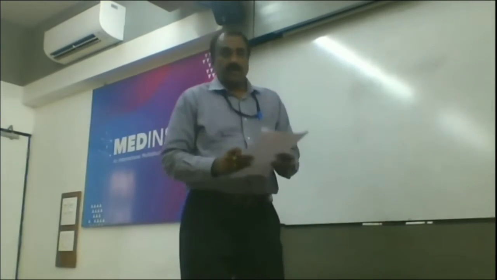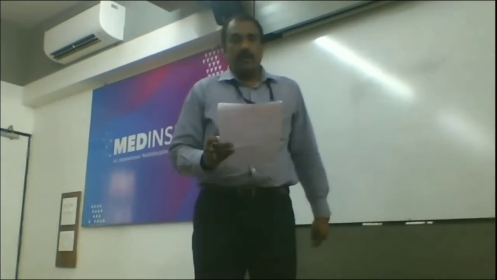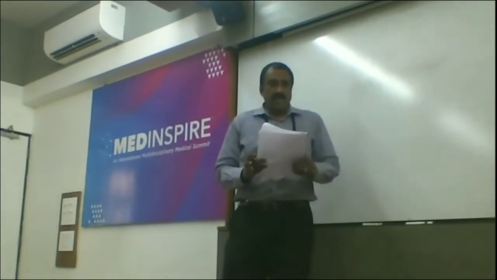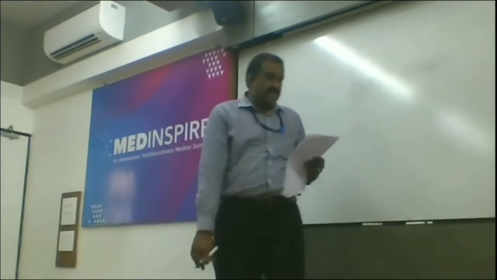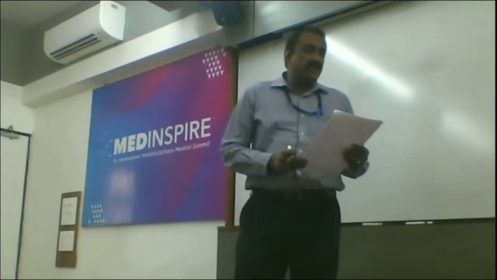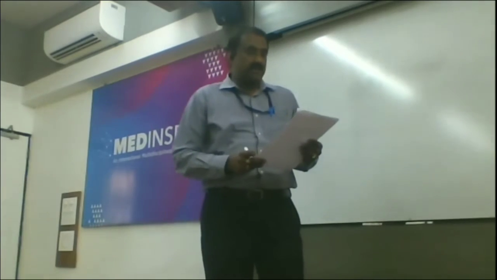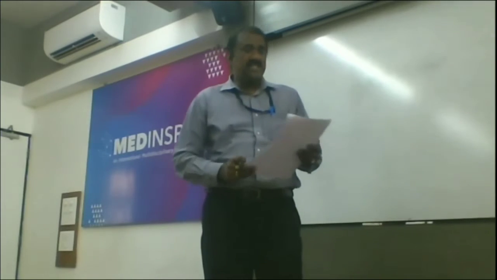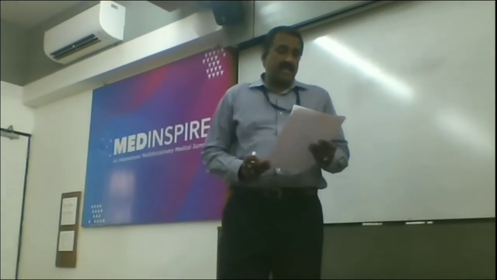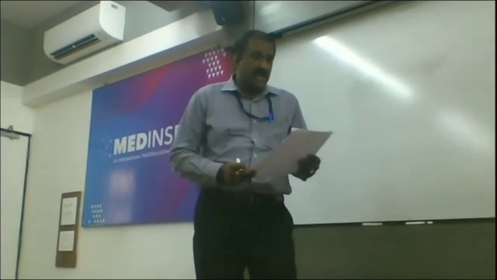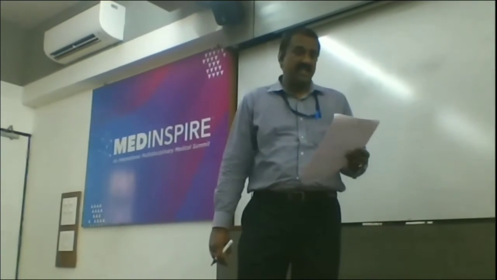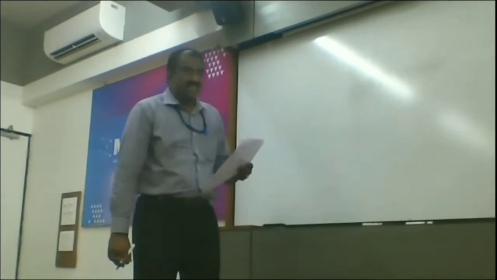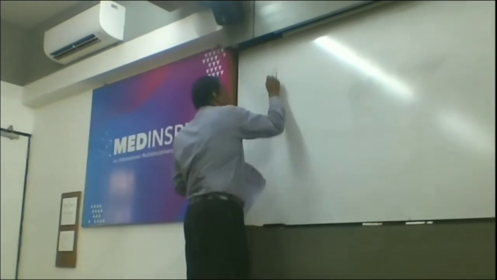So here we have the data: a town with a total population of 2 lakhs, and the total population is under risk. 6,000 people suffered with the pandemic, so the total number of cases is 6,000. The new cases are 1,000 and old cases are 5,000, and the total number of deaths due to COVID-19 is 500. The first question is to find the incidence rate. How to find out the incidence rate? I'm explaining.